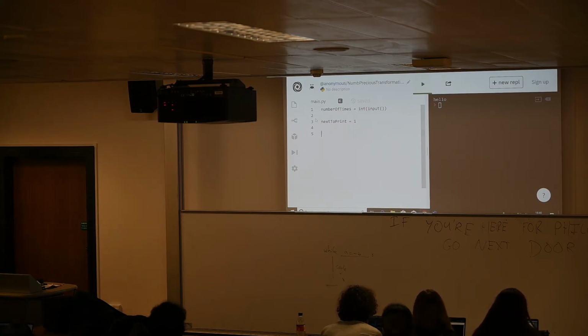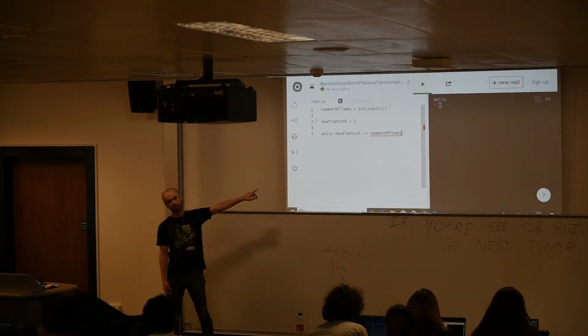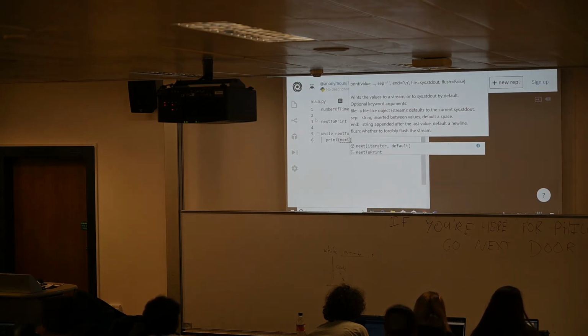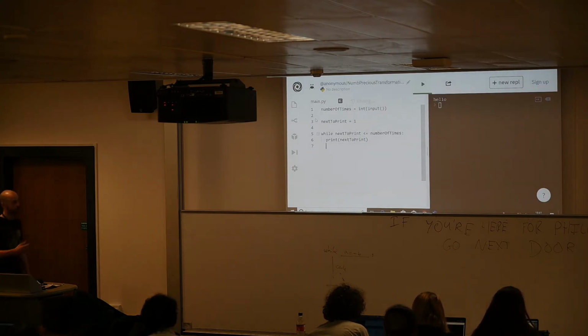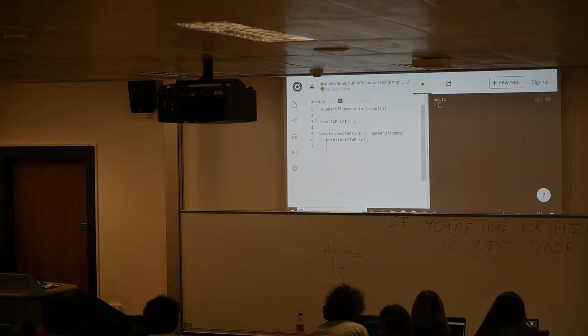So what I'm going to do is check if the thing we want to print is smaller or equal to the number of times we want to go. Because the number of times we want to go, if that's our n, is the biggest number we want to print. That's why we're doing this less than or equal to. So now we print out the thing we want to print. And the important step, the thing that makes this work, is that we then want to increment this. So the next number to print is now going to be 1 bigger. And the way we do this,